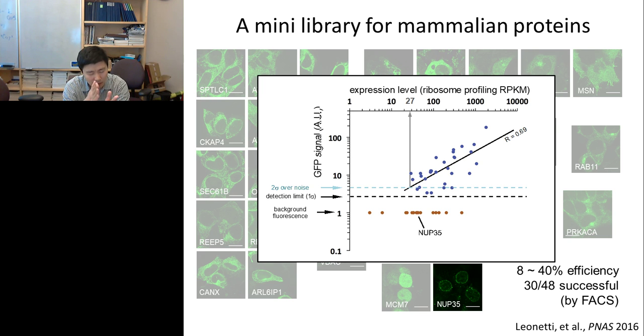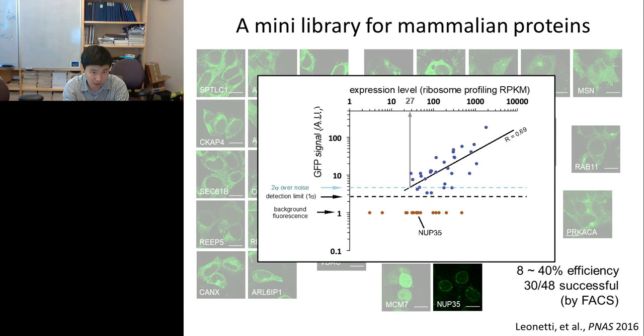With this threshold, we will say that in HEK293T cells, 30% of the genome is expressed above this level. So theoretically speaking, if we take the same approach, we should be able to do the knock-in and cover about 30% of the entire human genome in HEK293T cells. That would be great, but it doesn't mean that for those falling below this threshold, we don't